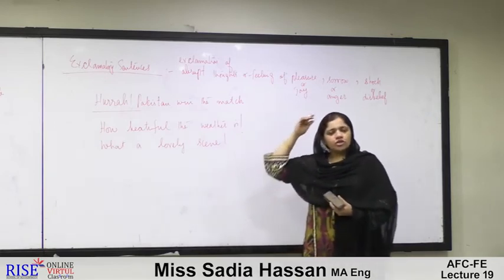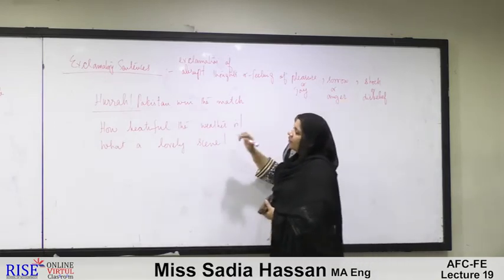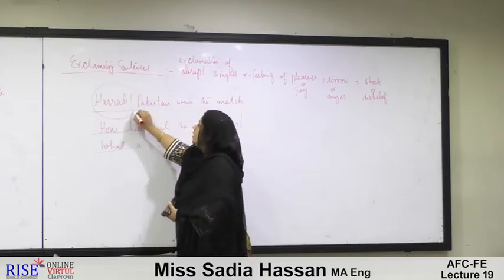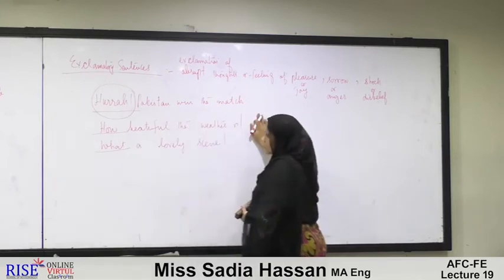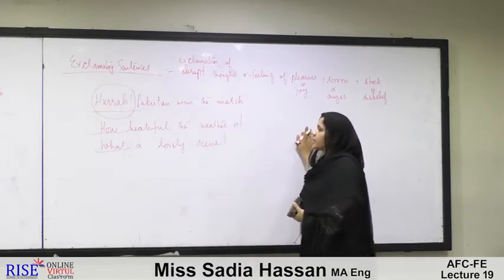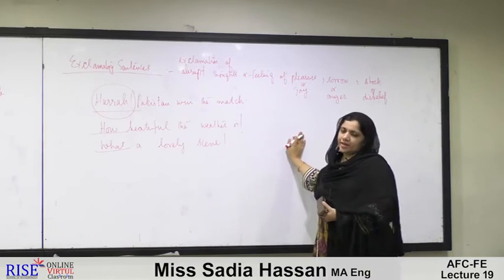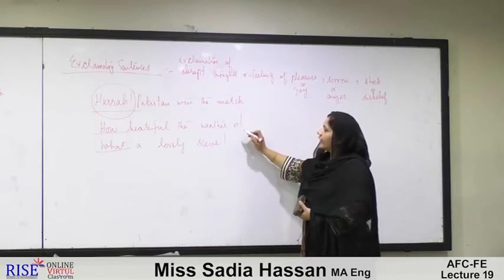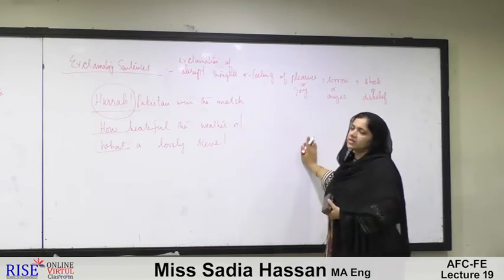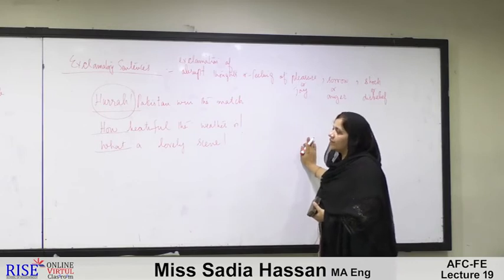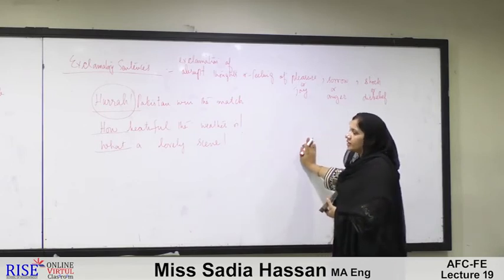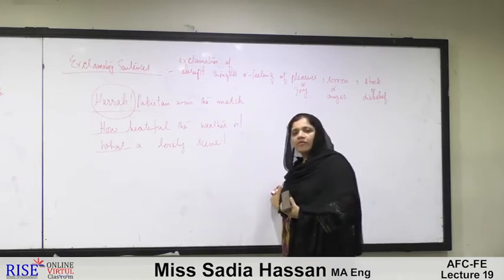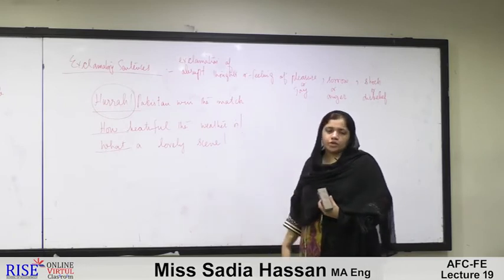Or they could be used with the words how and what, and they could be used with the beginning of the interjections or addition of interjections. This is the structure of an exclamatory sentence. But one thing is common in all the sentences, that they all must have a sign of exclamation in them. So an exclamatory sentence is a sentence which represents our exaggerated or above average thoughts of pleasure or joy,